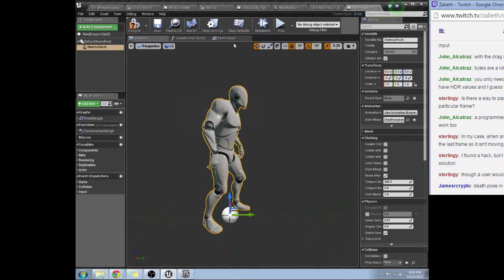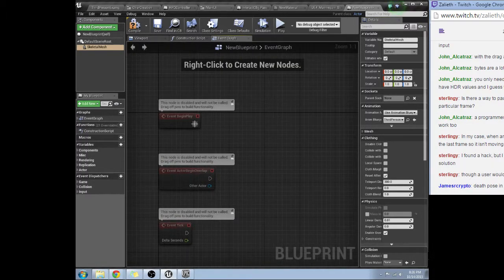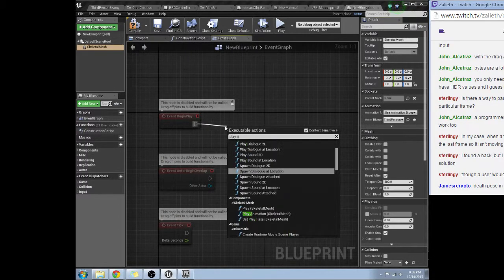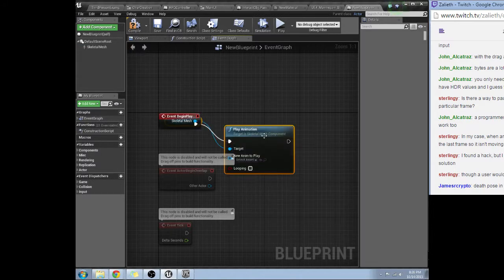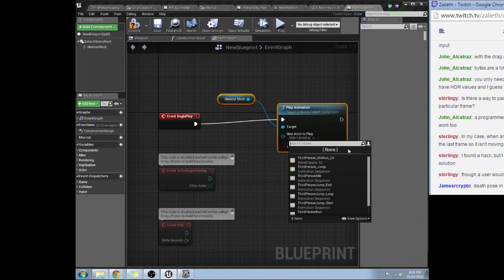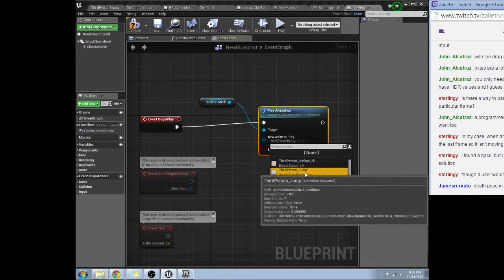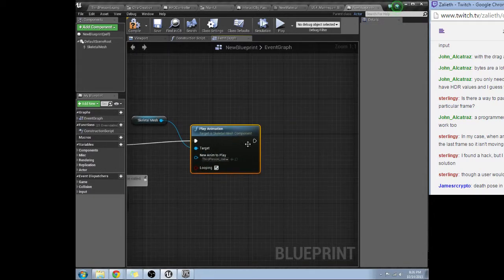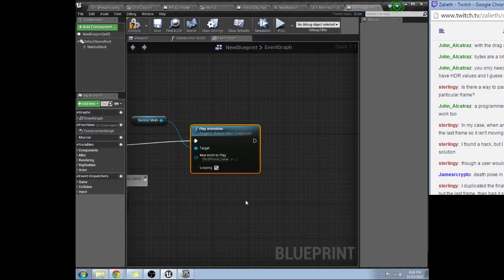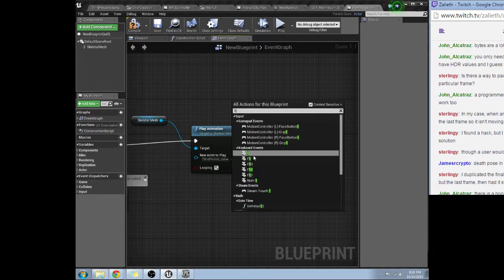Third person anim BP. Okay. Event begin play. Play animation. Let's go with the walking, or let's go with the jump, looping. And if I press 1,